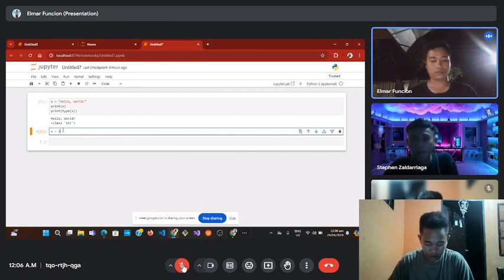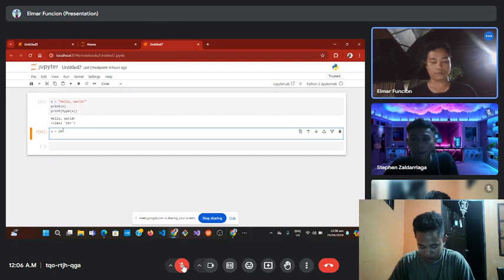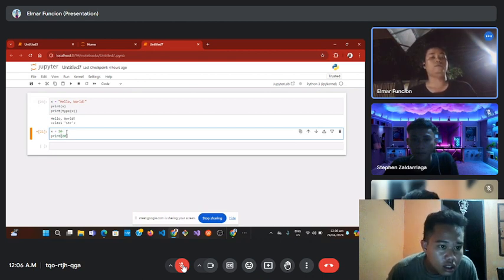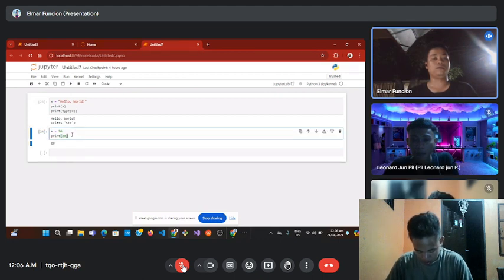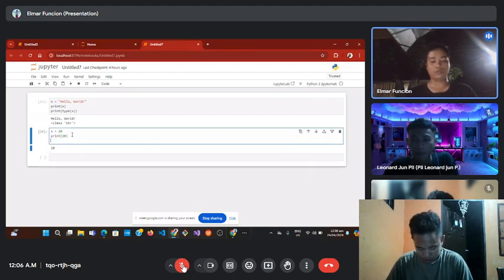Example 20. So I'm going to print the number 20. To identify which type of variable this is, it's the same process as the previous code.